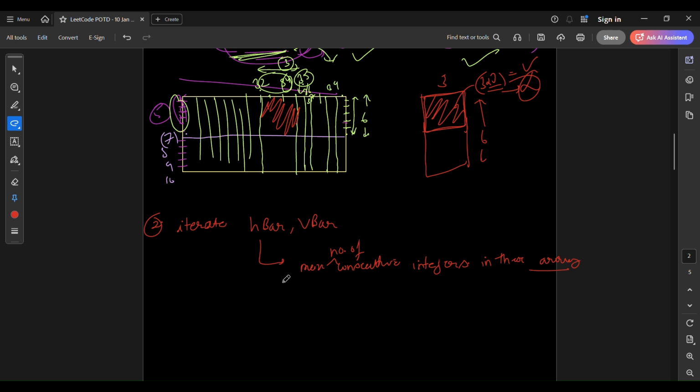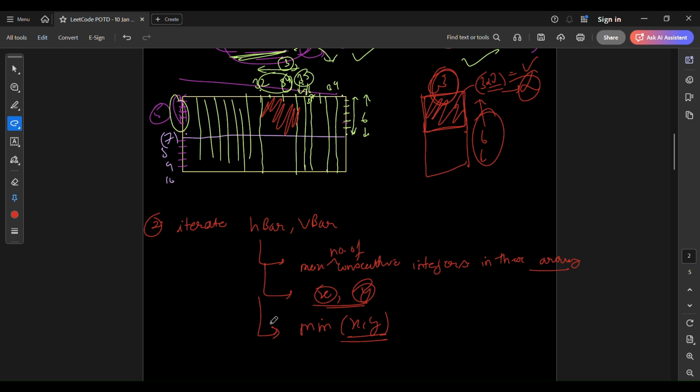Okay, let's say we have got the consecutive integers in h bar as x and in v bar as y. Then our final answer will be, as we have seen, we have got x as 6 and y as 3. We will take the minimum of x comma y,